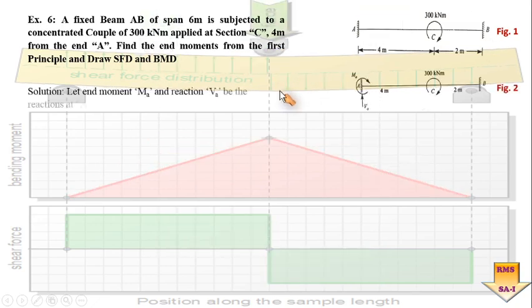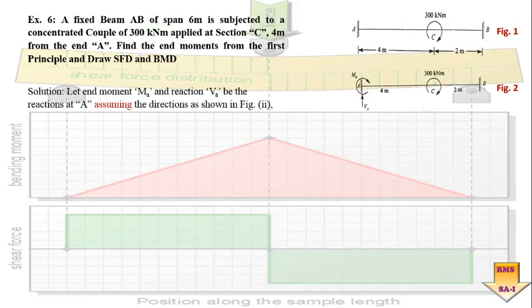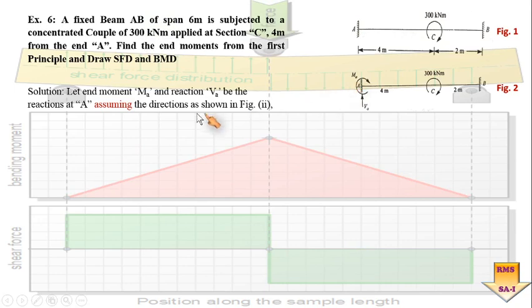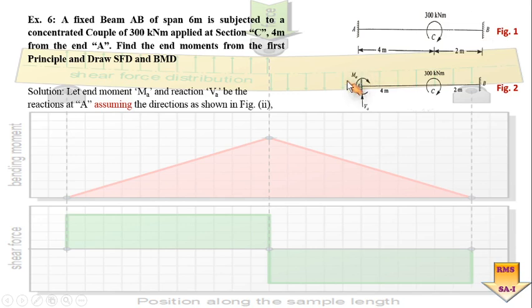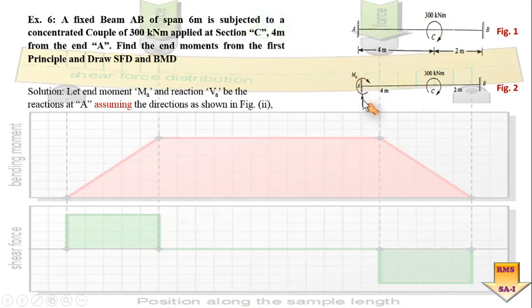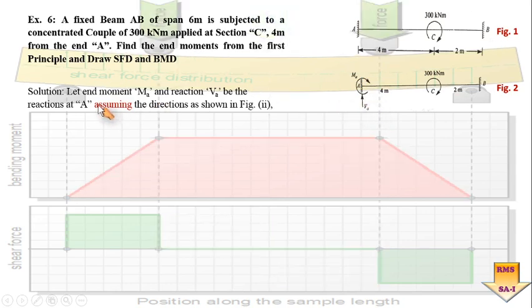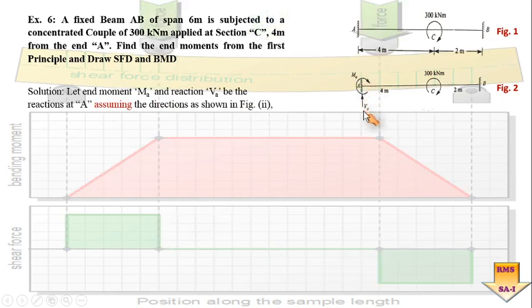So here we know what is the first principle. We have to combine the effect of two: first, the effect due to the simply supported beam and the effect due to the fixity of the support. So here we can see figure number 1, 2, and from figure number 2 we can understand I have shown the fixity moment at point A and the vertical reaction due to the simply supported beam VA. Is it okay? So here MA and VA are being shown at point A, and here I am going to assume the directions of MA as well as VA.